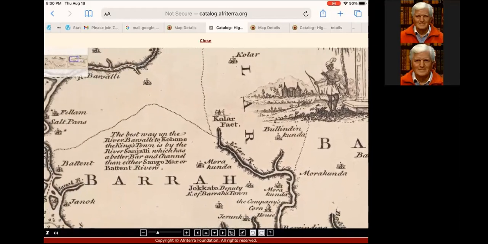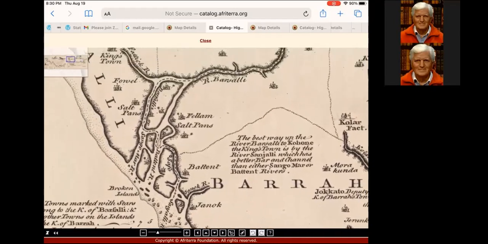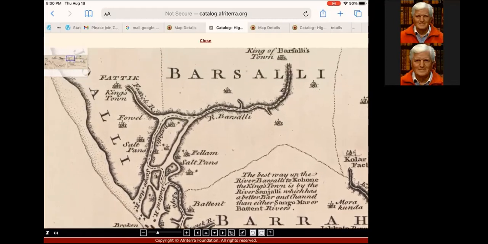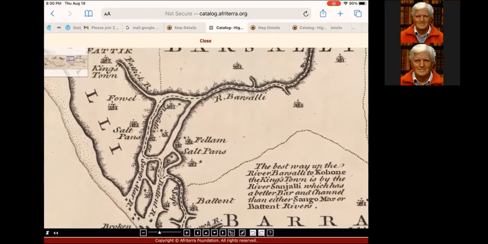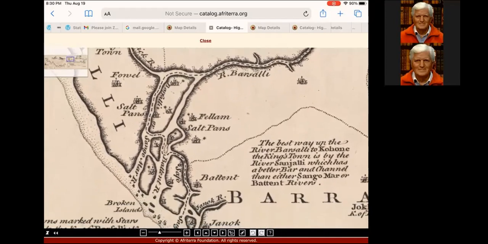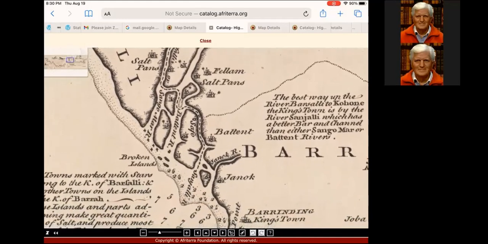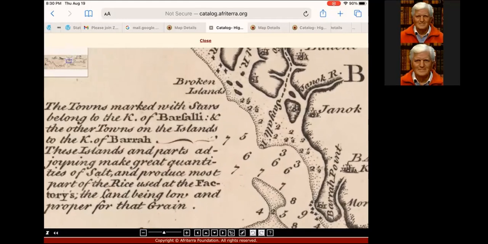But other things are far more precise and give indications that are quite interesting. You can here see, for example, up these different rivers, indication of Batik, Kingstown, or various functional spots like salt pans. Salt pans over to the left and the right of these different rivulets that lead to the ocean. Then an indication of broken islands. And then some annotations that are really quite interesting and very helpful,